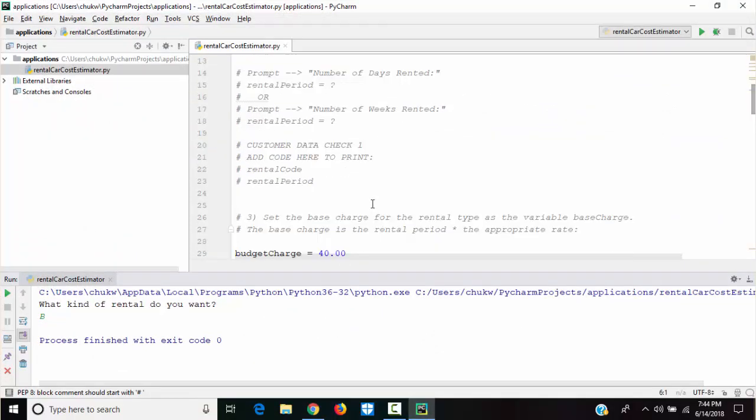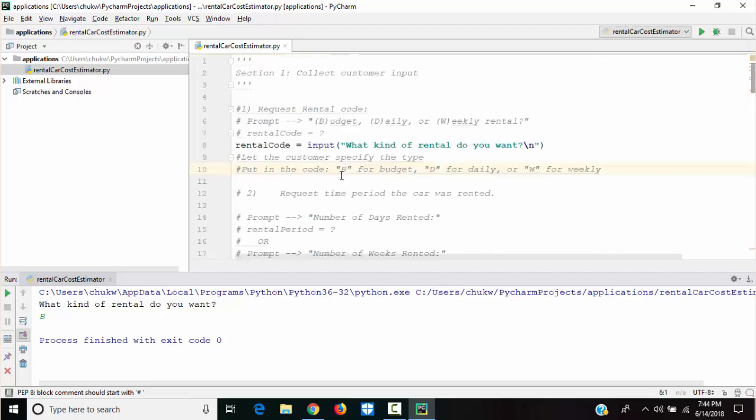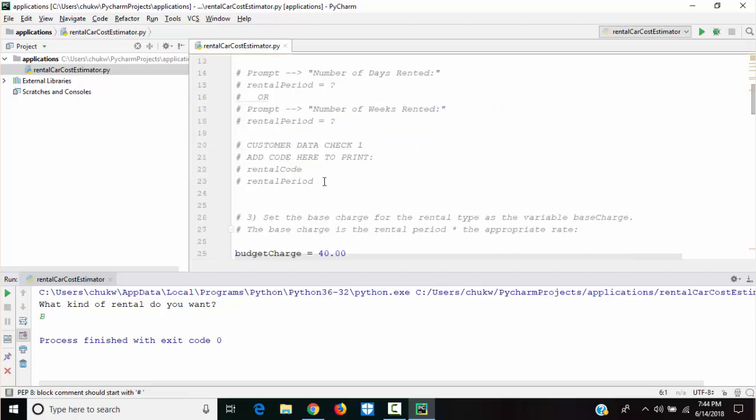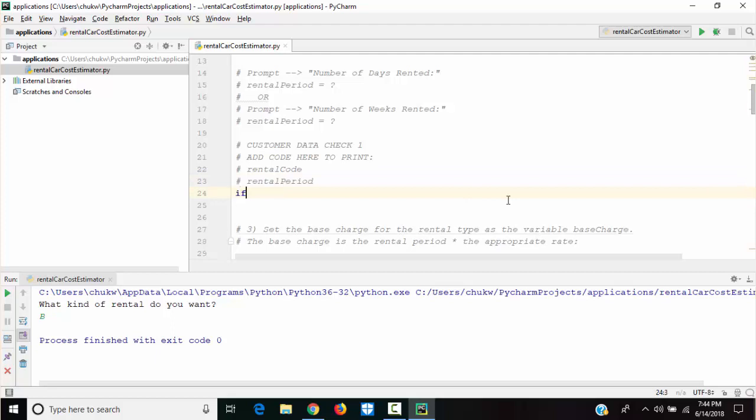I'm gonna come here and we're gonna print this. Add code here to print. So we're gonna say if rental code. Now this has IntelliSense because I've already defined it. I've already assigned it, so it now has IntelliSense for rental code.